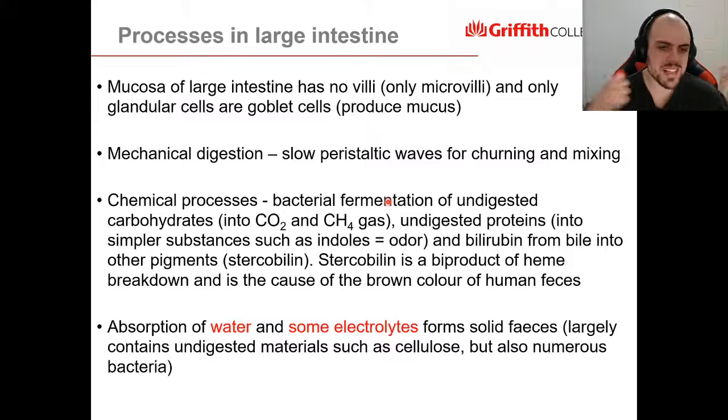We're trying to scoop up as much as we can. Now, when we are looking at the large intestines, we still have a slight amount of mechanical digestion occurring there, as in where we see those peristaltic waves churning, mixing, pushing things along. What's also important to note here is that we actually don't have any villi. It's only microvilli, as well as our goblet cells here to help produce that mucus, to lubricate things, move things